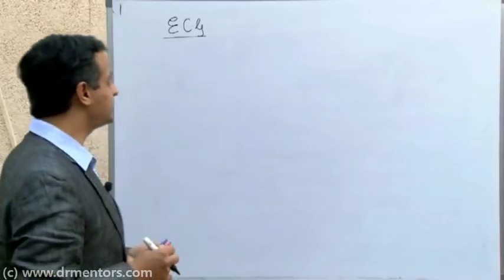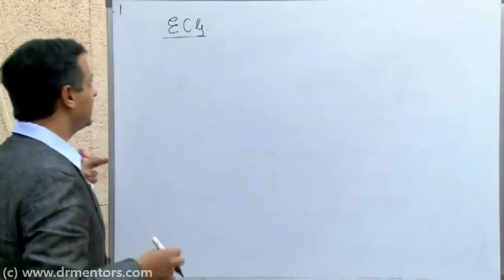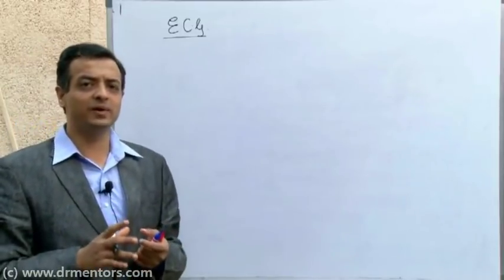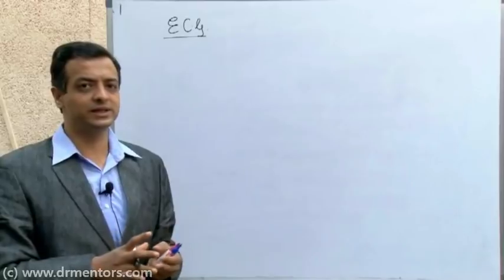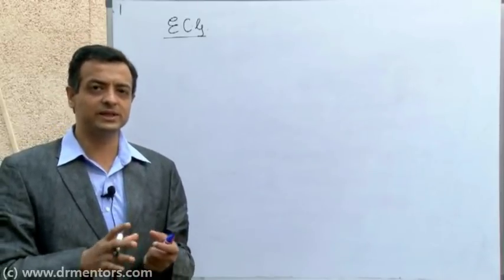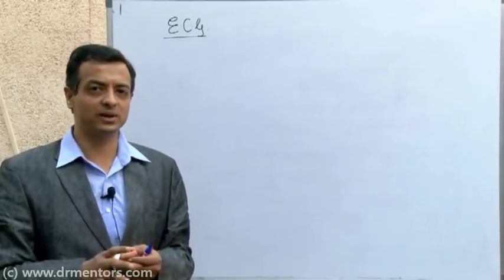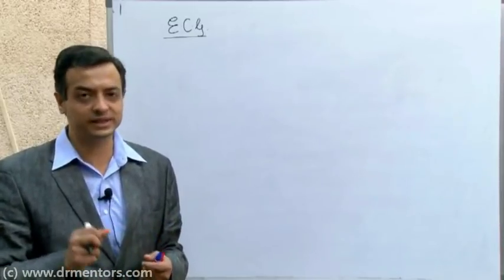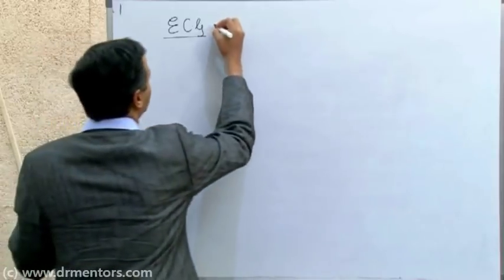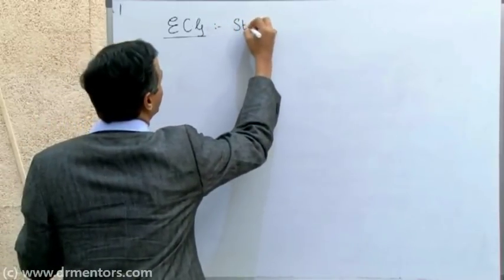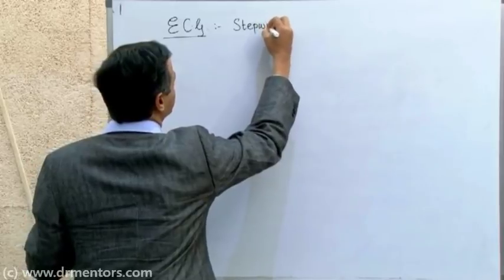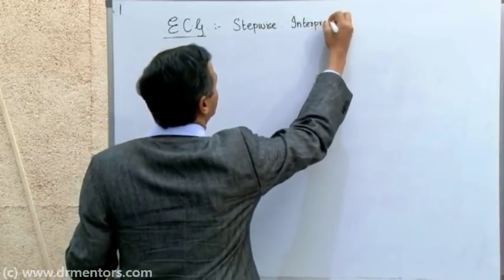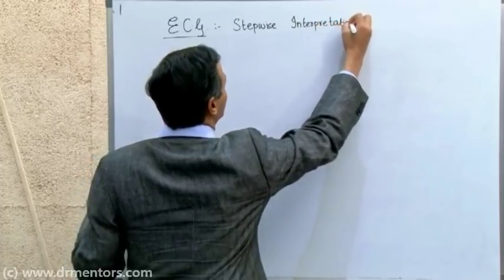So let's start by understanding a few terminologies in the ECG. When we do ECG, we are not worried about the mechanism here. There are the chest leads, there are the contiguous leads and so on. We want to focus mainly on the identification and interpretation of the ECG. So what I am going to start with is the stepwise interpretation of the ECG.